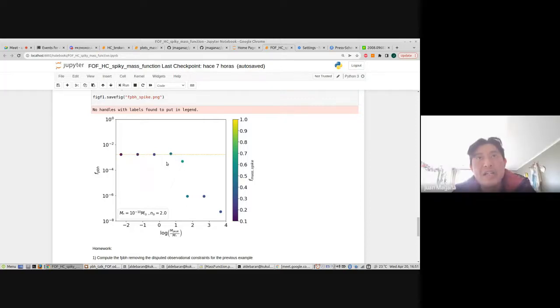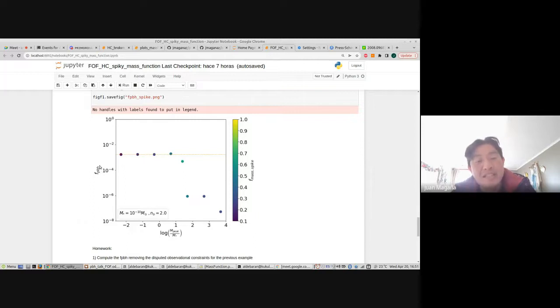Okay, we combine them by using an individual monochromatic constraint. This will provide a value of f_PBH.